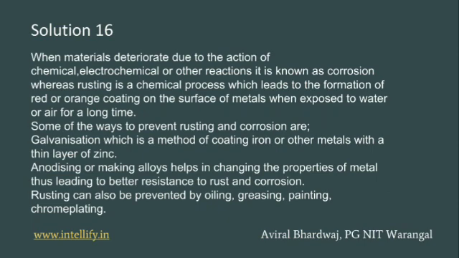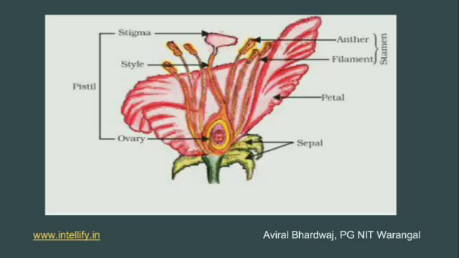Some ways to prevent corrosion are like galvanization. Galvanization is the best method for preventing corrosion, and anodizing and cathodic protection are also methods for protecting the metal. And rusting can be prevented by oiling, greasing, painting and chromium plating. So this is rusting prevention. Next question is